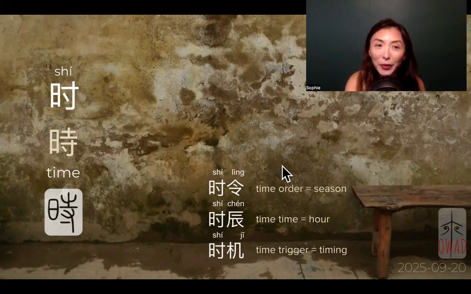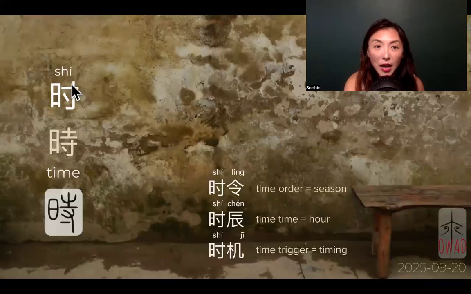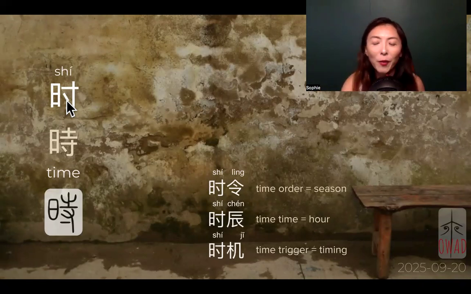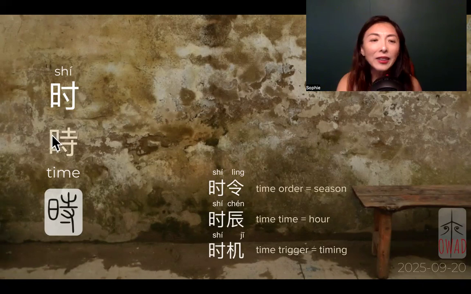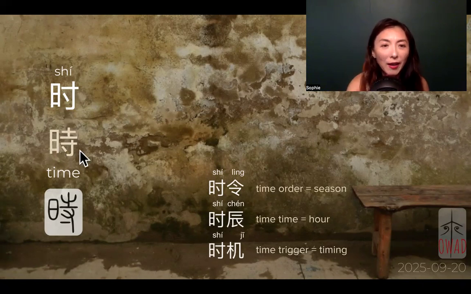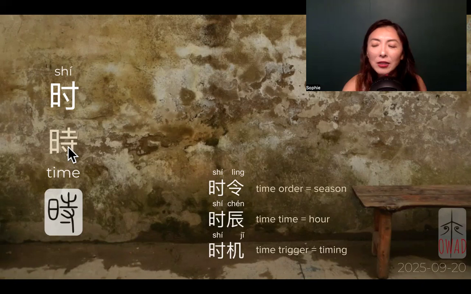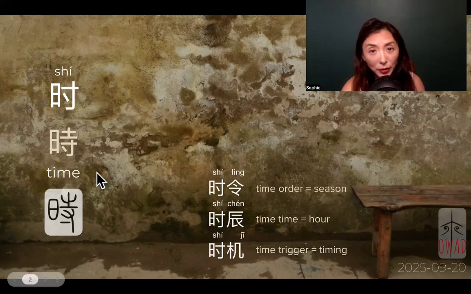Okay, so how was time expressed? In the simplified form, we have the sun plus 寸, inch, the sun inching away, which is explainable as time, right? And in the traditional form, the sun plus 寺 is temple, or mosque, whatever religion, a special place where people build, not for residence, but for, I guess, your spiritual residence. And that is the traditional Chinese time explainer.